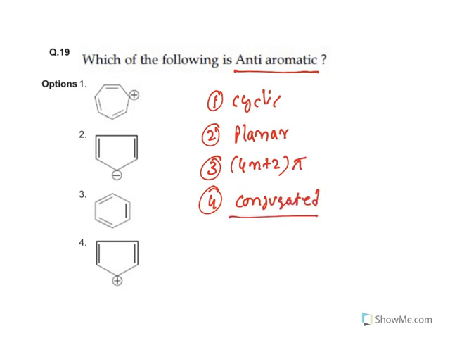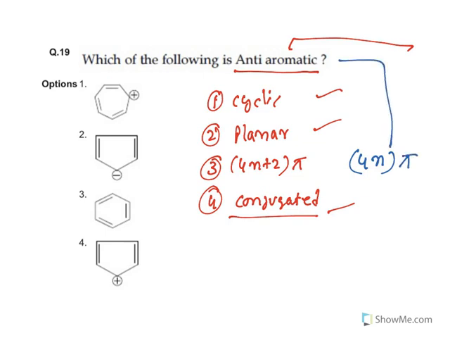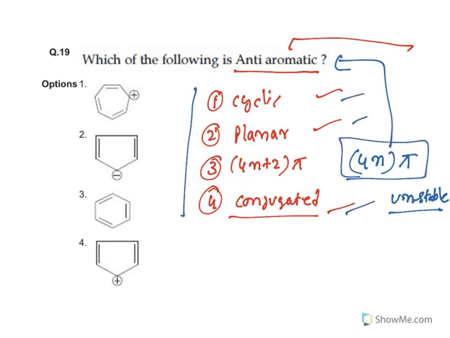Now, this is the aromatic one. But anti-aromatic, see, all of them are followed by anti-aromatic. The only exception is, instead of 4n plus 2 pi, it will have only 4n pi electrons, and anti-aromatic compounds are highly unstable. See, this question is already discussed in my previous video, so I'm just briefing it. So these are the rules for aromatic. Anti-aromatic, all 3 rules are there. The only exception is, instead of 4n plus 2 pi, 4n pi electrons are there. So you need to figure out a ring which has only 4n pi electrons.